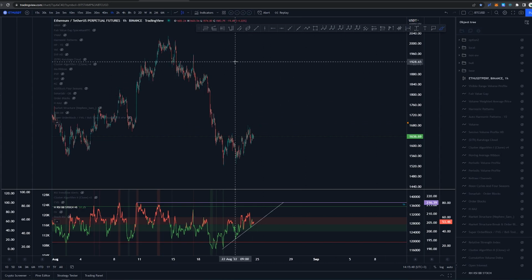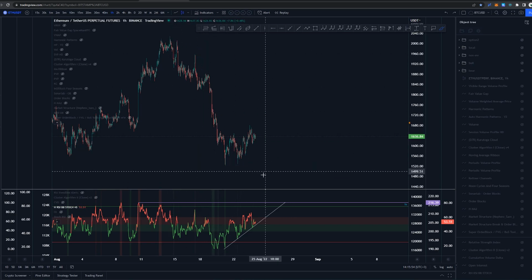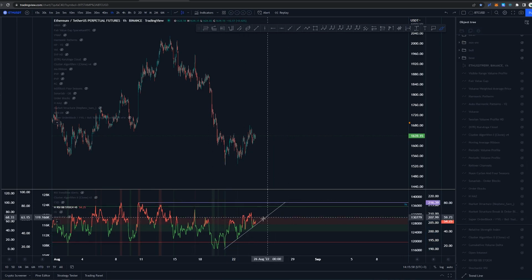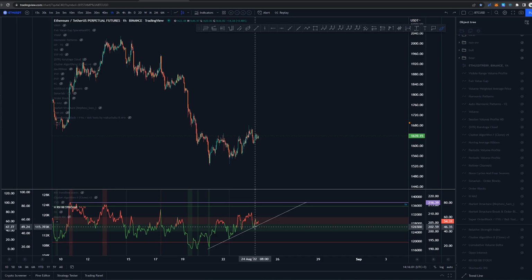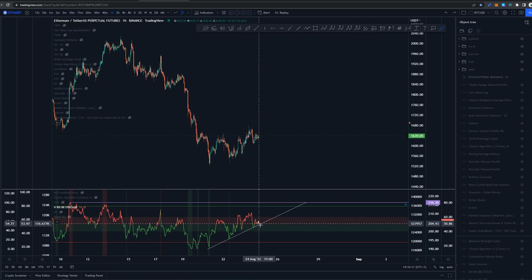Today we're just going to be focusing on this structure coming off of the highs of 14th of August. On this structure we're going to be first focusing on the RSI, in which we see this trend line going up, and we had a tag into it here on 1 hour time frame, having that tag in the early morning hours of today. We did get some kind of small bounce off of it, nothing major,